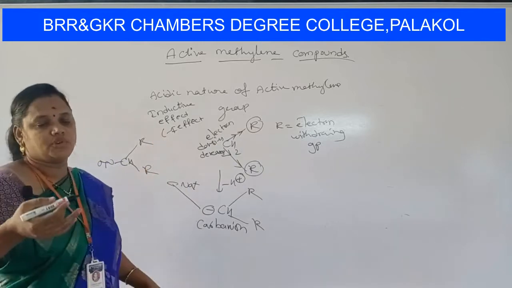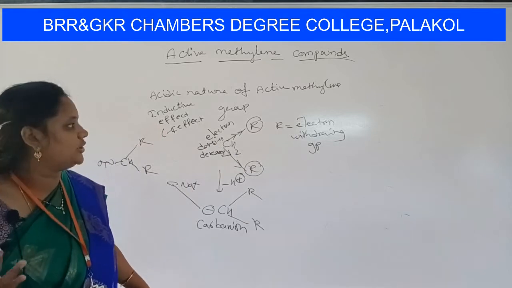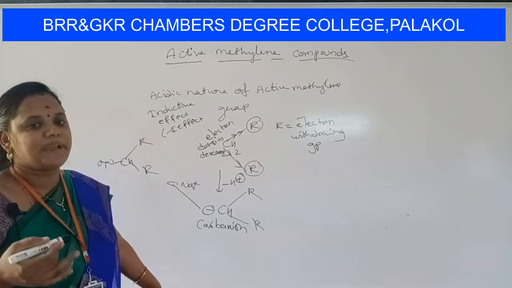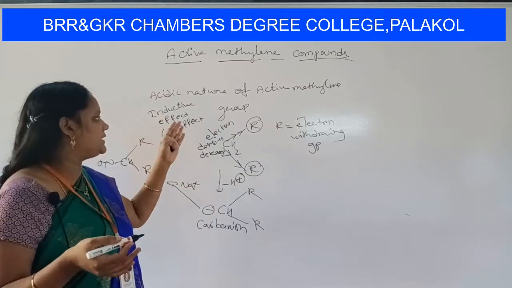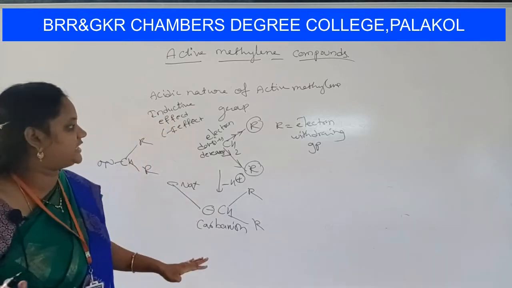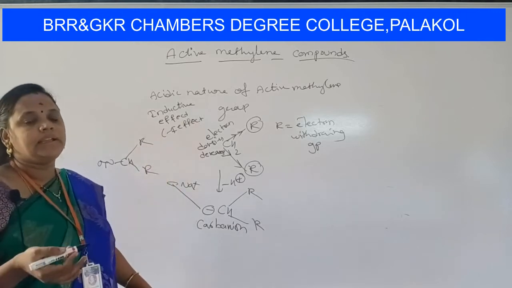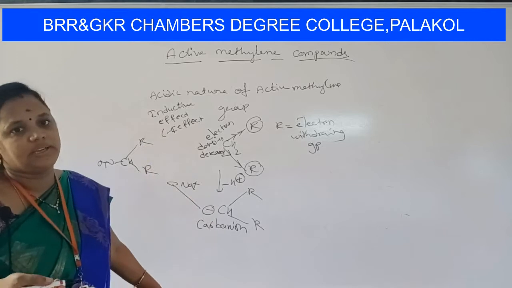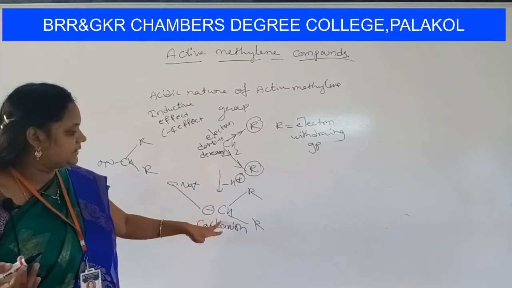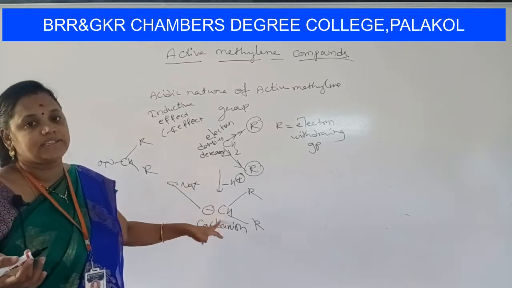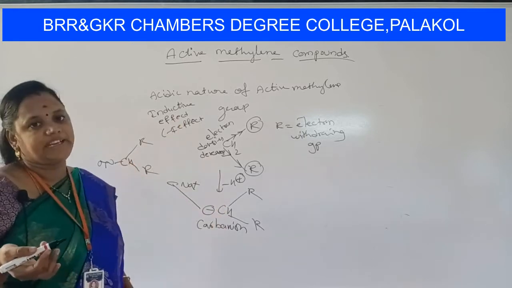Again, inductive effect is of two types. We have plus I effect and minus I effect. Plus I effect is caused due to electron releasing groups, whereas minus I effect is due to electron withdrawing groups. So, minus I effect also plays a major role in explaining the acidic nature of active methylene group. The other way we can confirm the acidic nature is by the resonance stabilization structures of the carbanion formed. In this case, a carbanion is formed. By these resonance stabilization structures, we can explain the acidity of active methylene group.